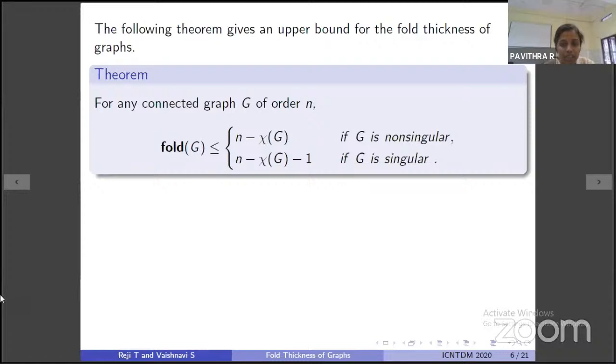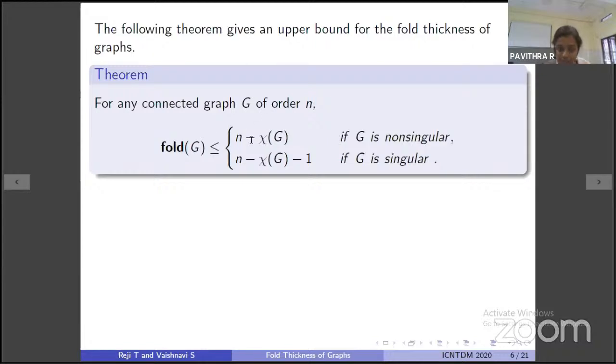This is also an important theorem. This theorem gives the upper bound for the fold thickness of a general connected graph. For any connected graph G of order n, fold thickness of G is less than or equal to n minus chromatic number of G if G is non-singular, and n minus chromatic number of G minus 1 if G is singular. From this theorem, we can observe that if there exists an n minus chromatic number of G uniform folding